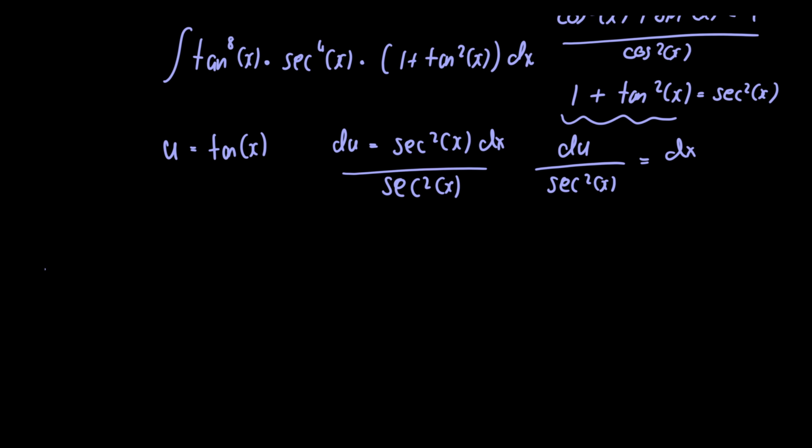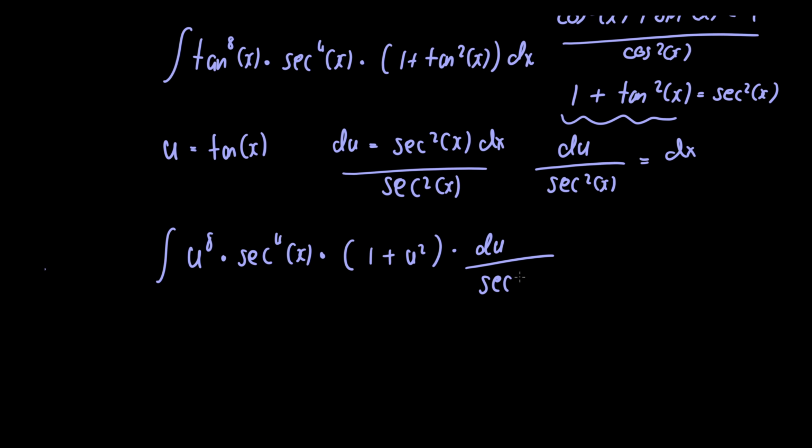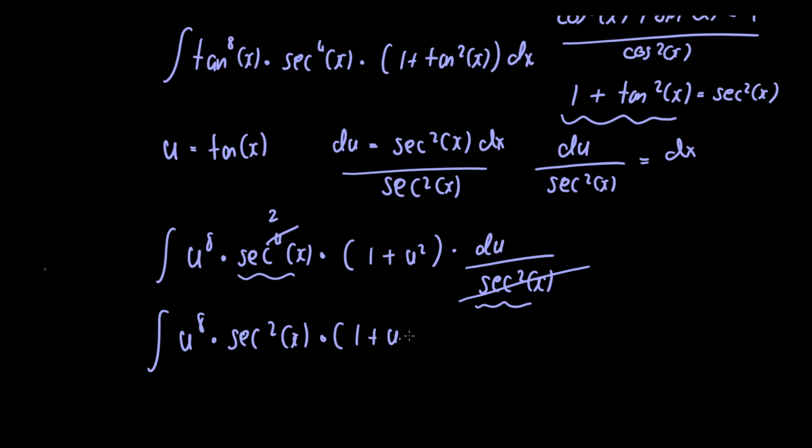is equal to dx. Now if we just go ahead and rewrite our integral in terms of u, we have the integral of u raised to the 8th power multiplied by secant of x to the 4th power multiplied by 1 plus u squared multiplied by du divided by secant squared of x. Now we have a secant to the 4th power of x right here and a secant squared of x. So what we can go ahead and do is cancel a secant squared of x and we're left with the integral of u raised to the 8th power multiplied by secant squared of x multiplied by 1 plus u squared